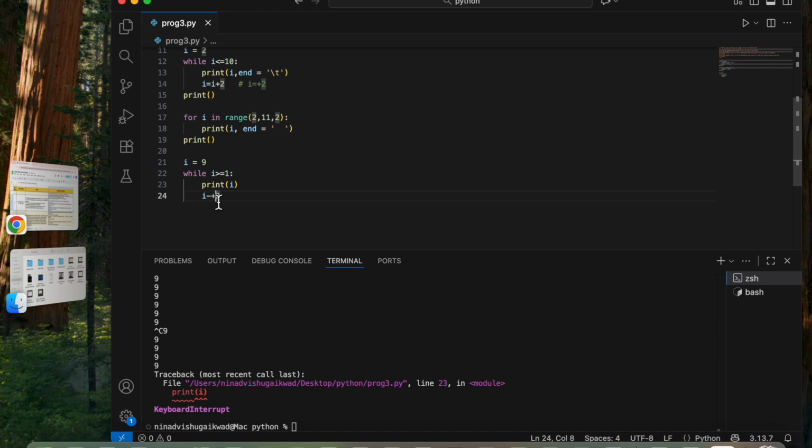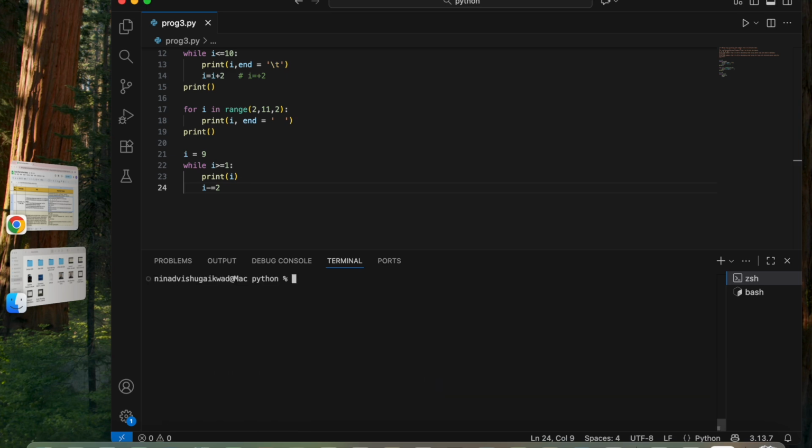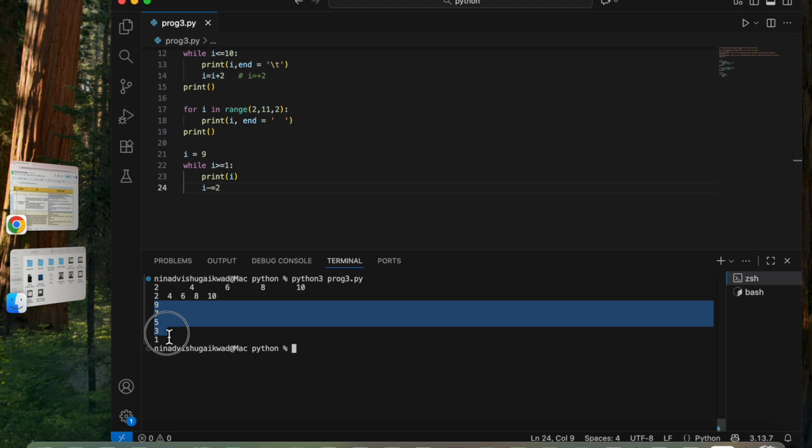Oh, sorry, it's not minus plus, it's minus equal to. Control S, and let's Control L. So now what we have is 9 7 5 3